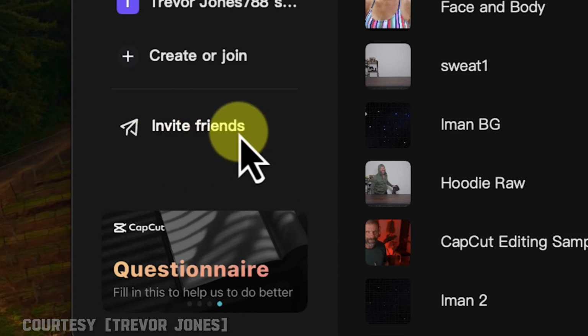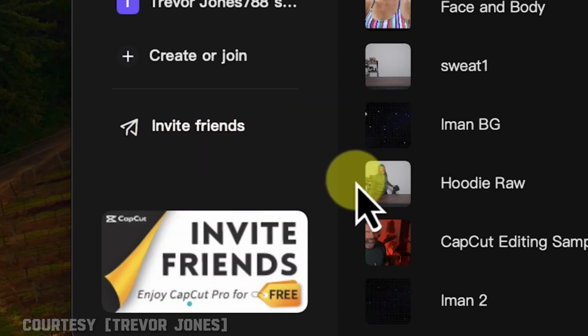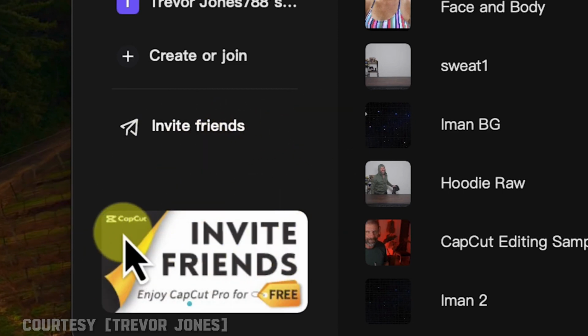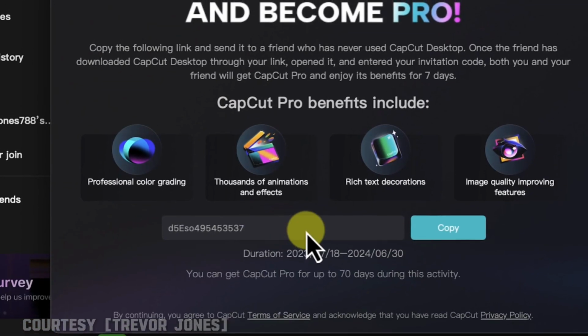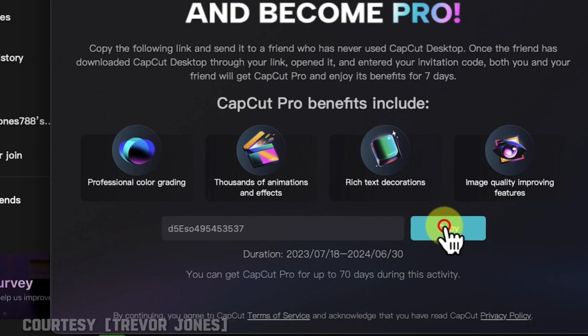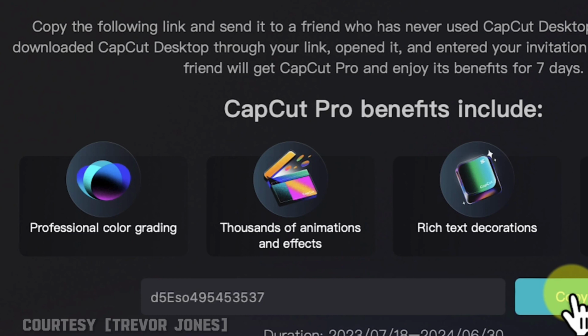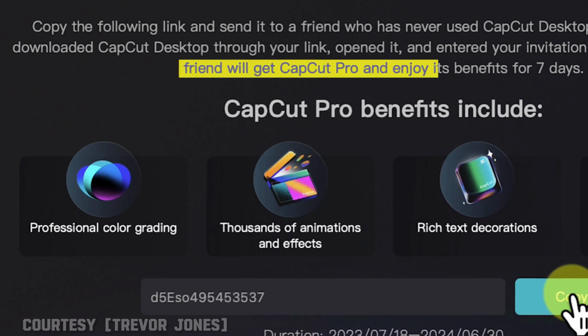When you open CapCut, you'll notice an Invite Friends option. If you don't see this option, it might be available in the ads section. Click on it, and you'll be provided with a unique link. Copy this link and share it with a friend. When your friend installs CapCut and uses it, both of you will gain access to CapCut Pro for free for